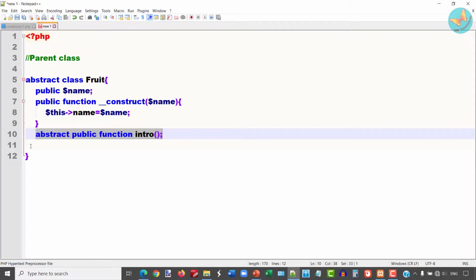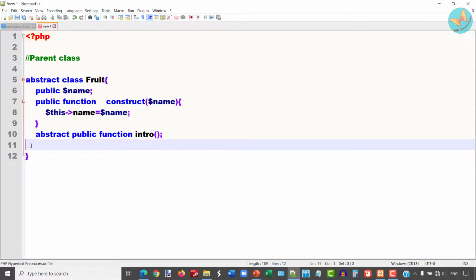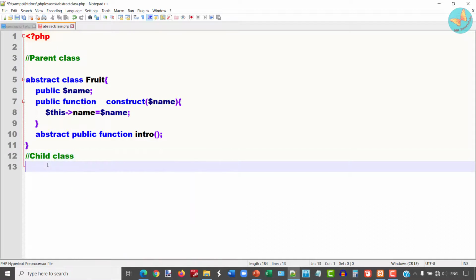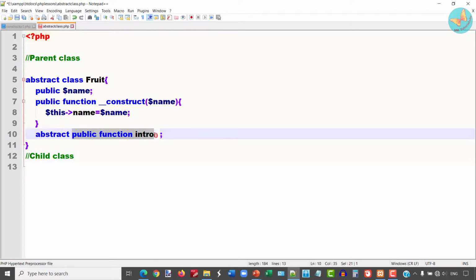This will be provided in the child class which implements this abstract class fruit. After declaring this abstract class, next I am going to create the child class, which is going to implement this abstract method.